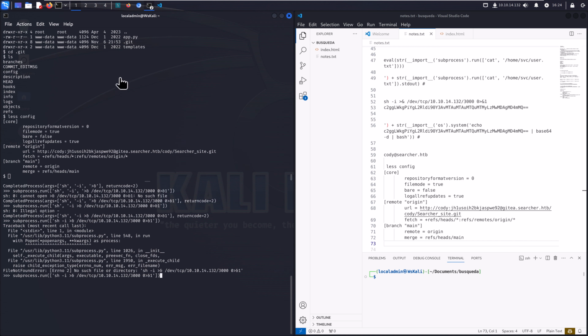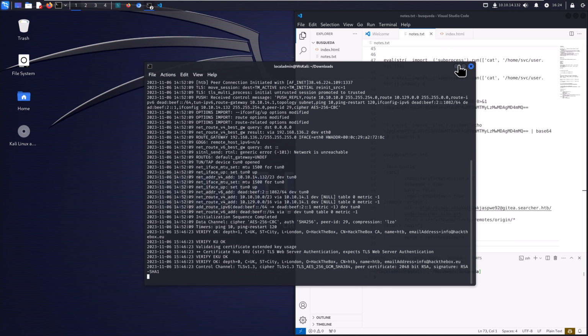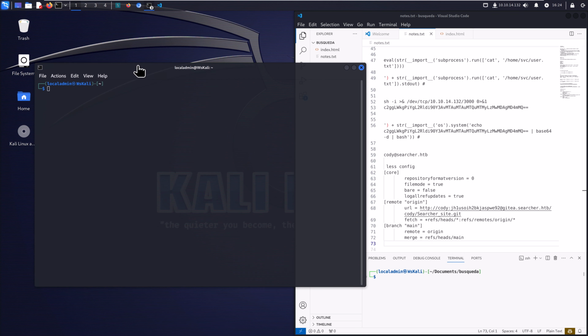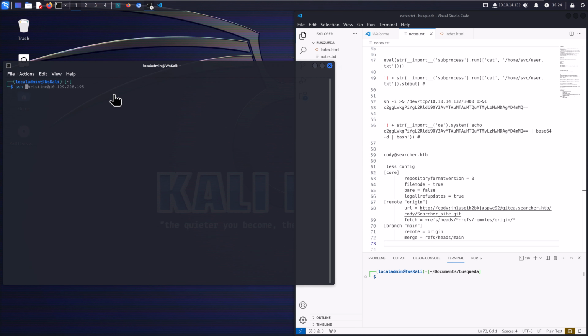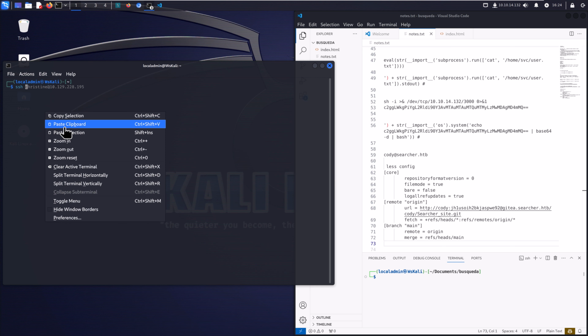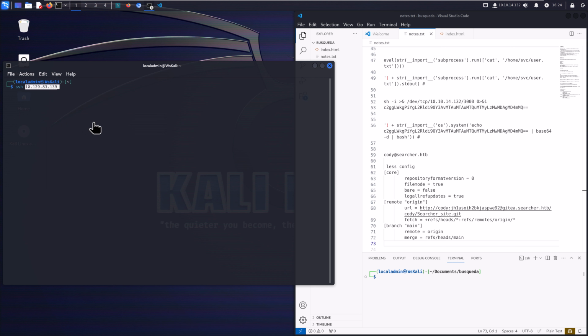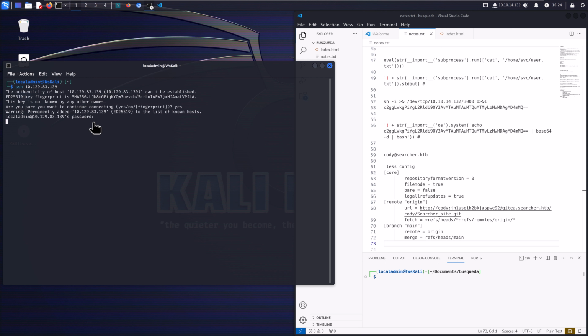Now, we're going to need another terminal here. Let's launch a new instance. Okay, we don't need that open. So if I went SSH, what was that IP address I wanted again? This one. All right. Sure, it's fine. I don't know what the password is. Okay. So if I went SSH Cody at, what is his at